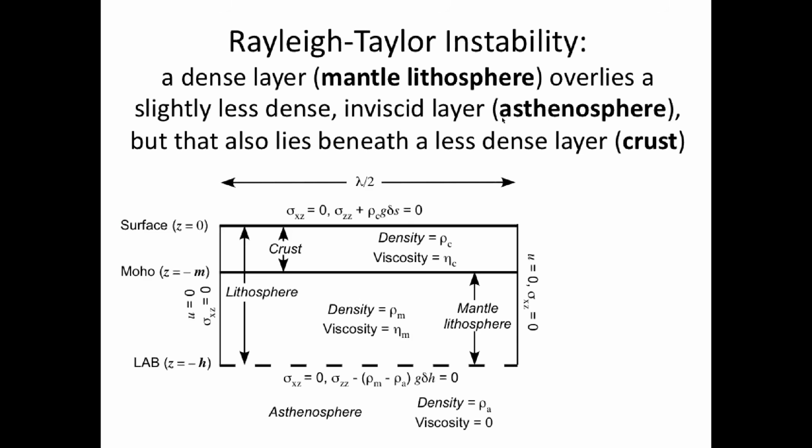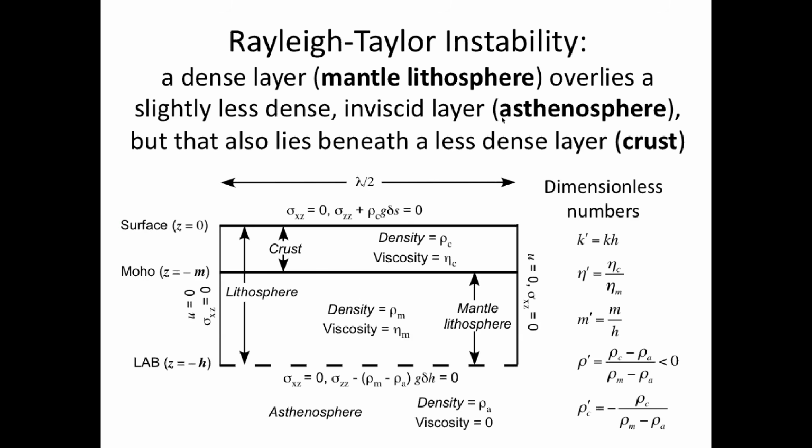So we have an infinite half space, but I'm breaking it into a region with a low-density crust on top, a mantle lithosphere, and then beneath would be an asthenosphere that would have no viscosity. This would be inviscid down here. We're studying Rayleigh-Taylor instability. The dense layer above the less dense layer is intrinsically unstable. So if we perturb the bottom of this layer a little bit, thicken the mantle lithosphere over here, it will sink. Thin the mantle lithosphere over here, it will thin because material will be drawn into the sinking area. So this is the problem we solve. But having put a crust on top, it's a different problem from what Rayleigh or Taylor considered and what most people have considered in the past.